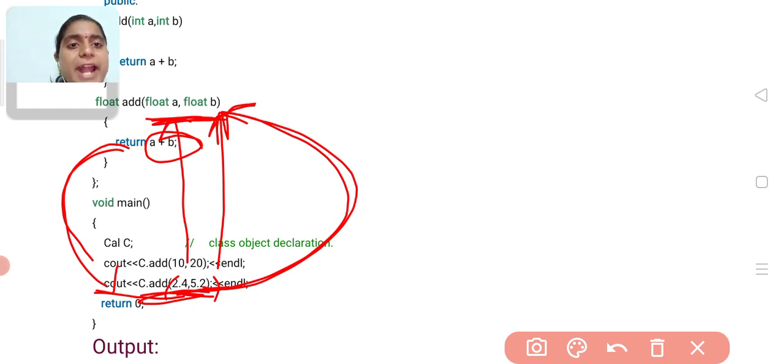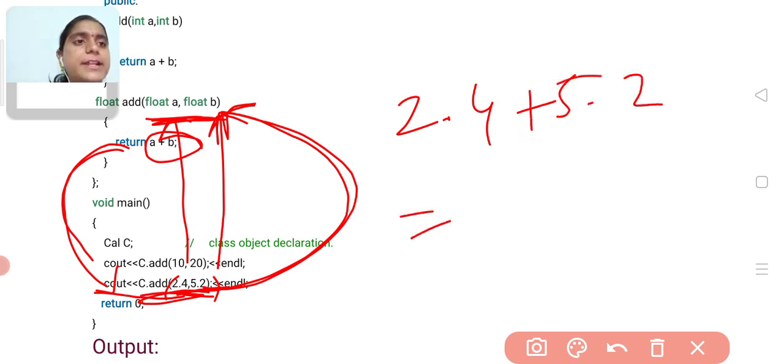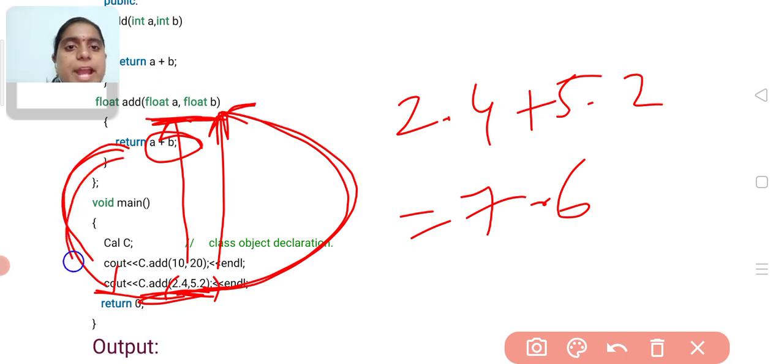So after adding 2.4 plus 5.2, the result 7.6 will be given back to the calling function, where we have written cout. Cout is used to print the output on the monitor. Now this 7.6 will be printed on the monitor.